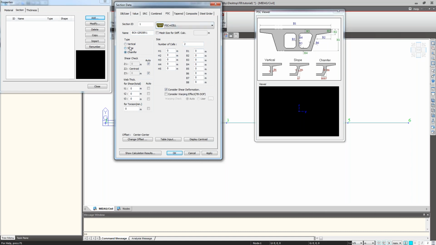slope web, and chamfer web. Accordingly, the B7, B8 will vary. So from the reference picture, I'm giving the dimensions: H1, so depth, is 2 meter, H2 is 0.3, H3 the cantilever tip is 0.2, and H4 bottom flange width, that's 0.3, H5 top flange thickness 0.3, and B1